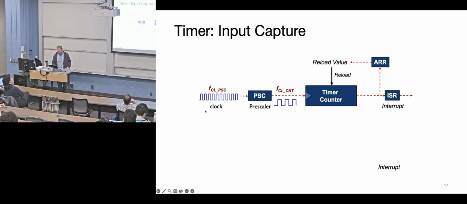So you start with some clock that comes in. The clock comes off a clock distribution tree. We talked about how that's generated with crystals or some sort of reference of time. Then you're going to go through some prescaler. Why is it important to have a prescaler? What does a prescaler allow you to do that is so important that they added it in?